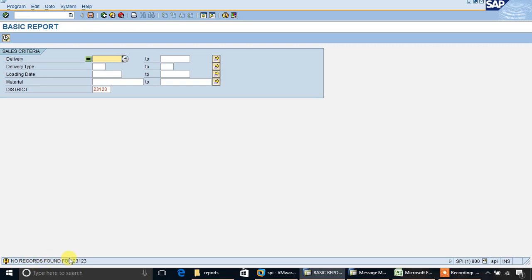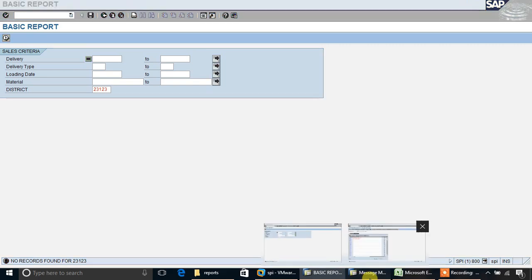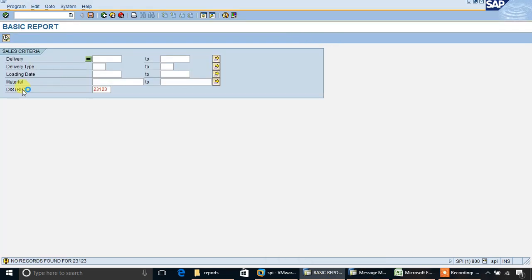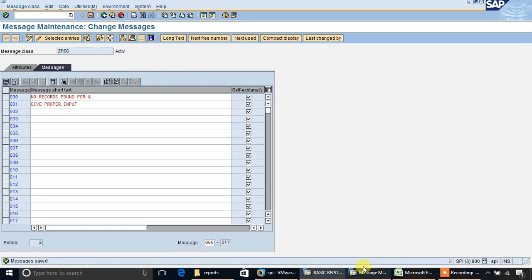No record found for 23123. So again we change this for district.